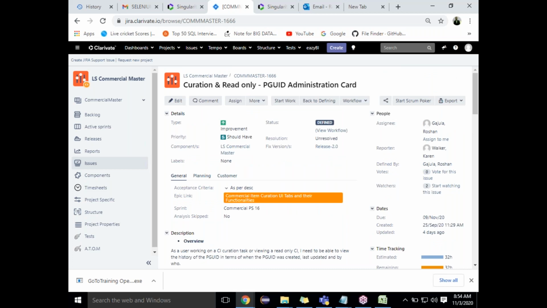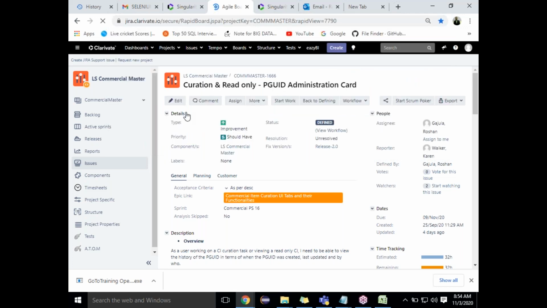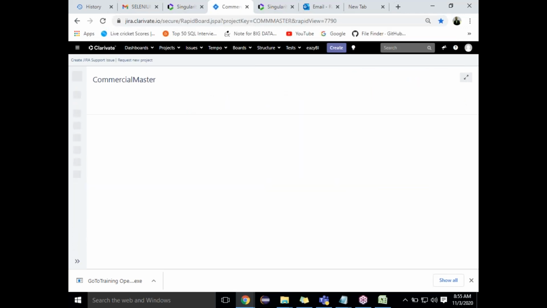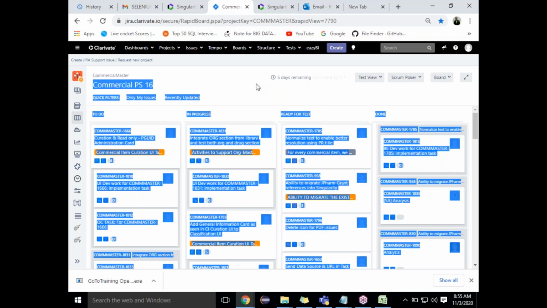So my question is, what is the criteria for the QA manager to sign off? Should there be no bugs? No. See, there is the start date and the projected end date. It is a 2-week sprint. So start date and end date. Can you see, guys? Start date 28 and projected end 10th November. This is a 2-week sprint.